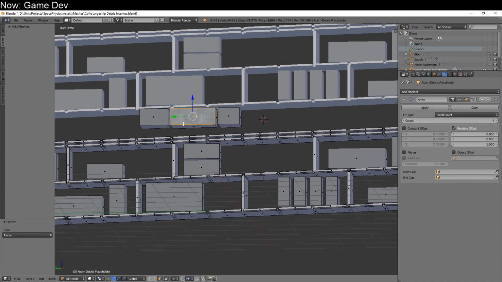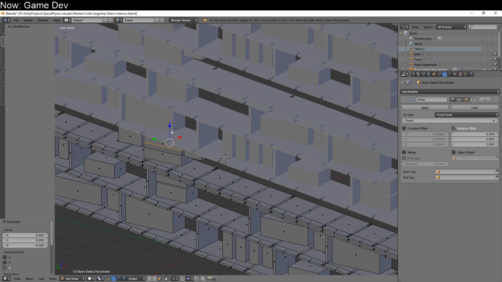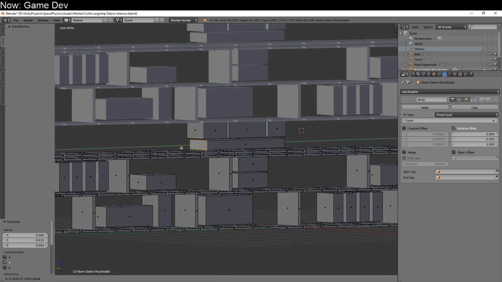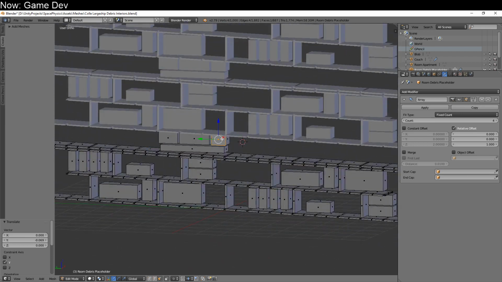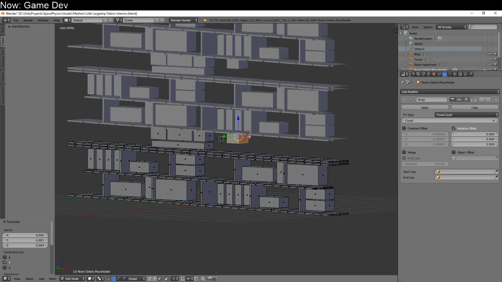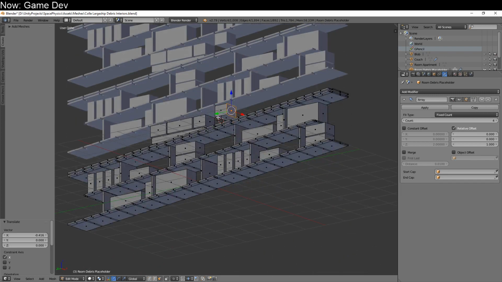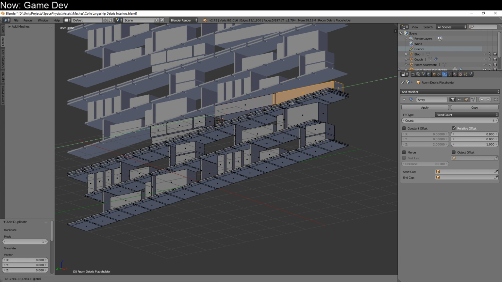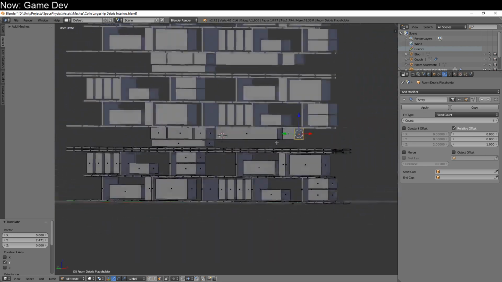Right. And then I can grab this guy, duplicate, bring him down. More or less, right? It doesn't have to be perfect. And then we'll want to bring this forward. All right, so